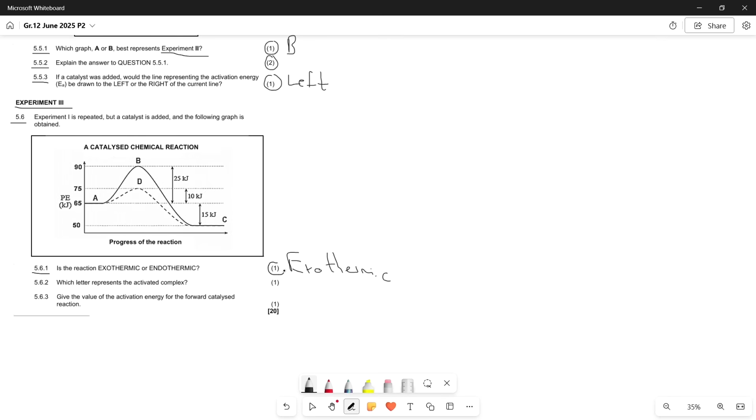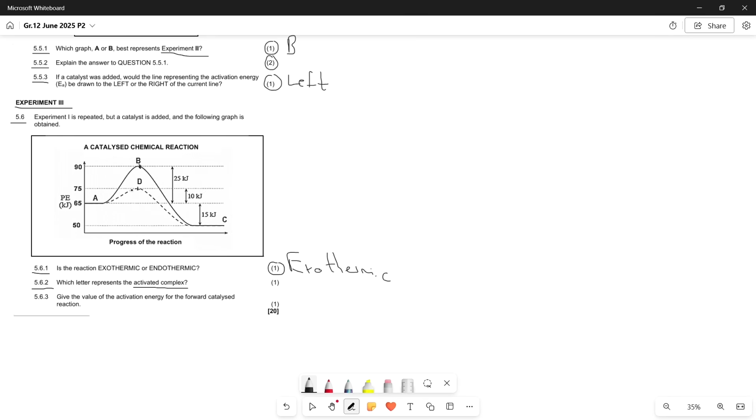Okay, so 1 mark for knowing that this is an exothermic shape. And then 5.6.2 says which letter represents the activated complex. So they haven't specified whether they are looking for the activated complex of the catalyzed reaction or the normal reaction, which means our activated complex is the peak over here or over here, which means we can either write B or D because these are 2 different pathways for the same reaction, one without a catalyst and one